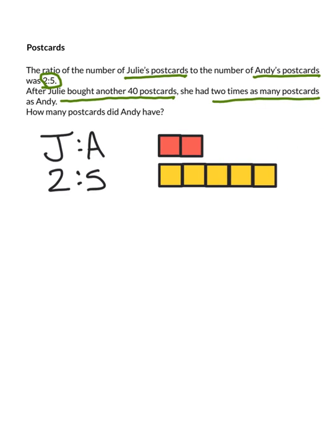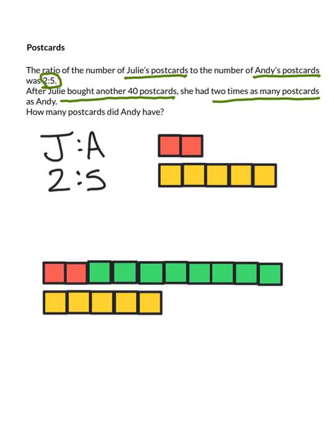So the first thing we have to do is start at the beginning. We know we're comparing Julie's postcards to Andy's postcards, and that's a ratio of 2 to 5. Using our tape diagrams, we could then make this ratio of 2 red squares to 5 yellow squares. If we then want to represent the change of Julie buying another 40 postcards, we can alter our tape diagram